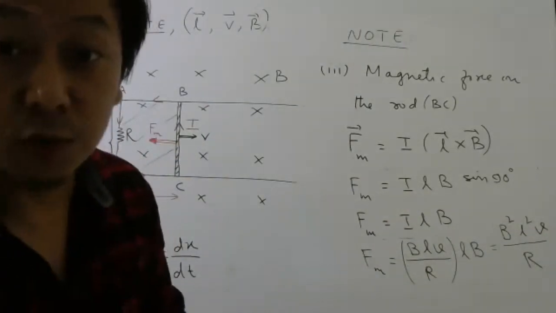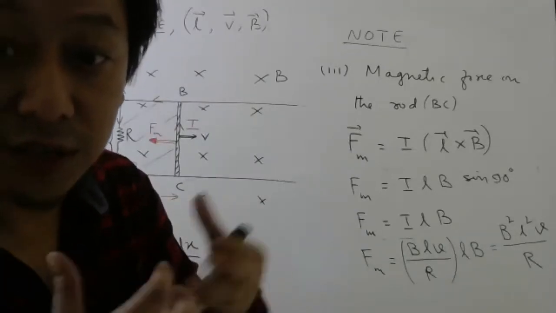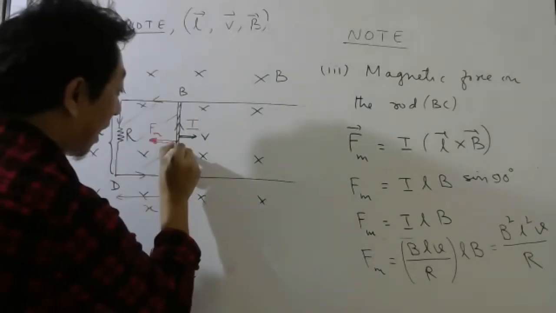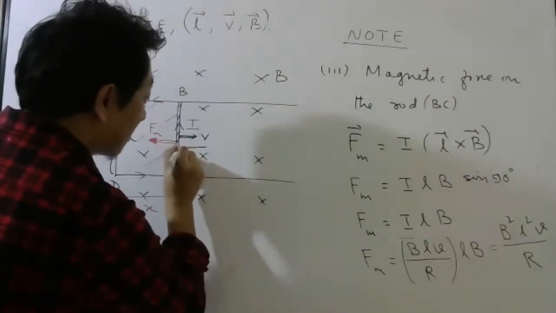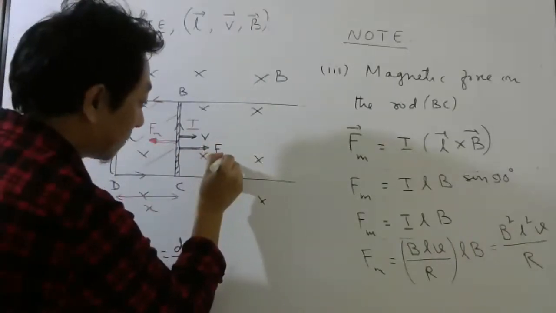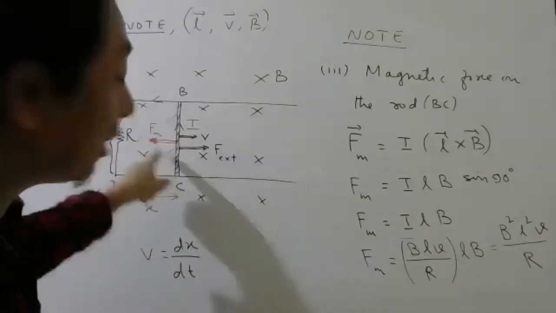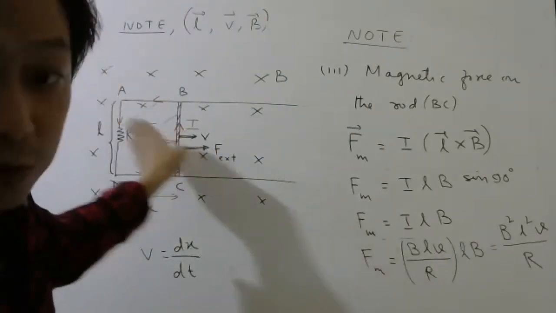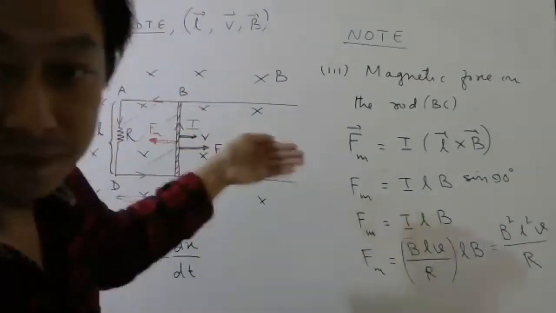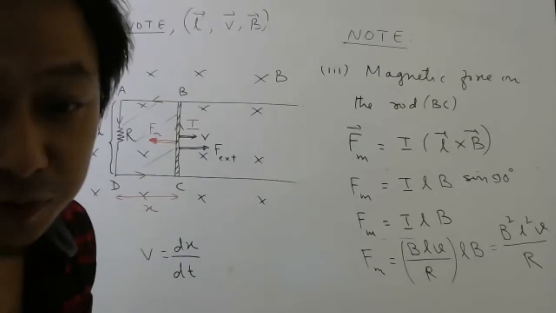What if you want to continuously light the bulb? Suppose you want to continuously light the bulb. Then you have to apply exactly same force in this direction. Agree or not? Then what will happen? What will be the net force now? If this is 5 Newton, you have to apply exactly 5 Newton. Then what will be the net force? Quickly tell me. Net force will be 0.